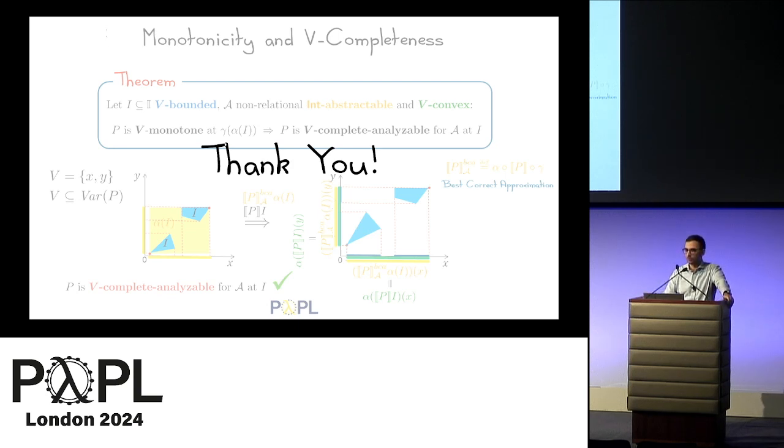Okay, I have a question about the analysis that comes out of this. You say that a complete analysis exists. Can you say something about whether it runs very fast or it's very slow, or it's computable, or just some properties of it? Okay, so it is computable, but since we proved the completeness of the best correct approximation,